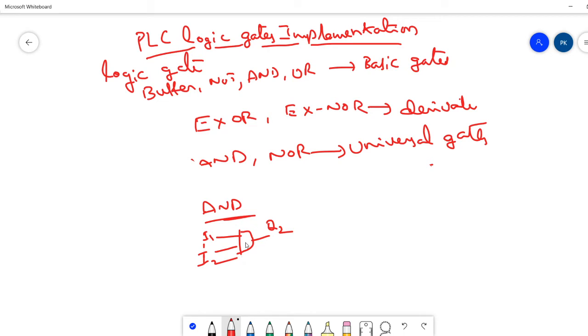So this is called a two input, one output device.